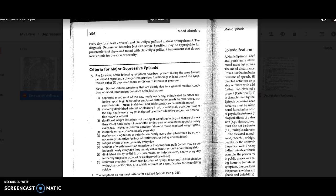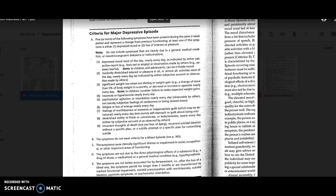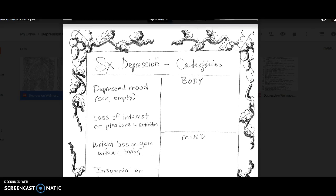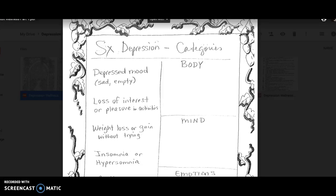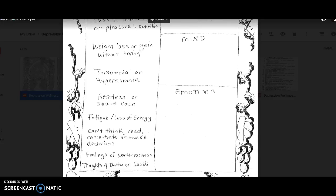And then straight out of the DSM, here is the criteria for major depressive episode. There are 9 symptoms of depression. We're going to get into this in another worksheet a little bit more. But if you have 5 or more of these symptoms, you're basically considered being in a depressed mood or episode or state. So this is a good sheet to print out and look at the 9 symptoms of depression